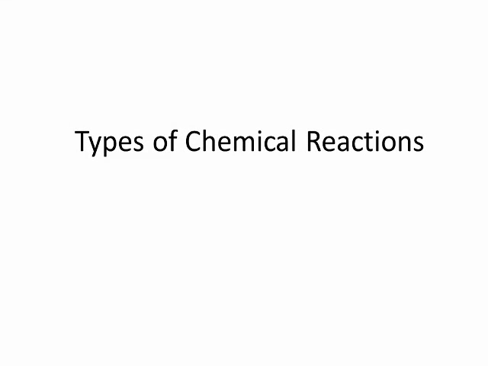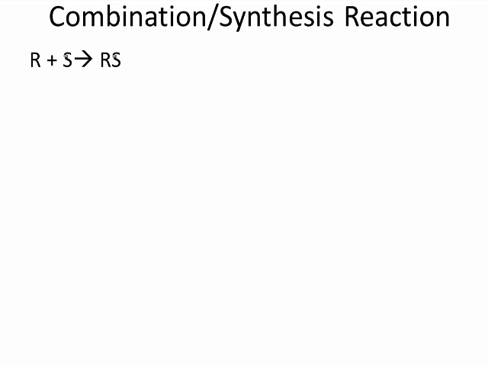Now we're going to get into the types of chemical reactions where we're actually making chemistry, we're putting things together. The first type is the combination or synthesis reaction. Your book calls it combination. I never really heard it called combination. It is combination, but most people will call it synthesis reaction. So if you hear me call it synthesis or you see synthesis in other textbooks, it's what your book refers